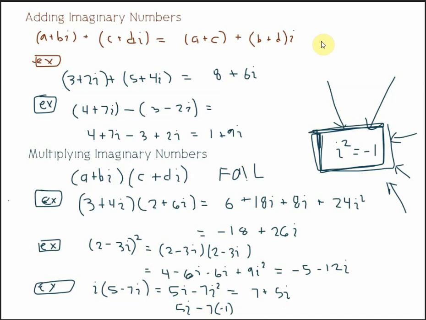All right, so this is kind of the first part we're focusing on, and then we'll get further in and do some other things with imaginary numbers. But what I want you to focus on right now is remembering this. I want you to remember that i squared is equal to -1, and remember to treat it like terms. You can combine i's, you can add them, and don't forget your FOIL rules that you need to multiply out, your algebra rules that you have to distribute your negative. All of these rules still apply. You just now have this one other rule, and you're dealing